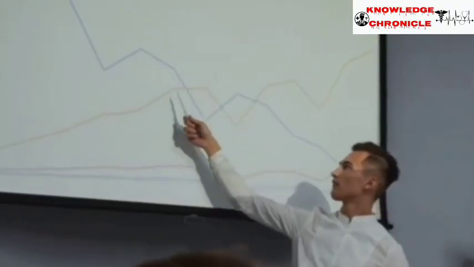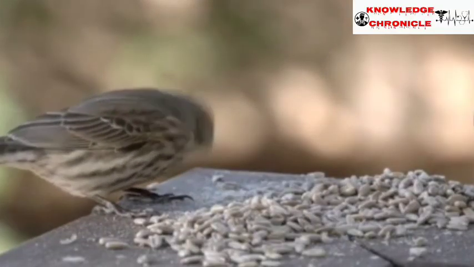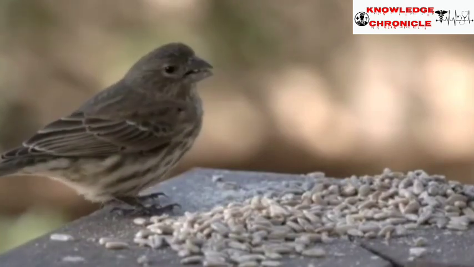Natural selection can lead to three possible outcomes in populations. First, stabilizing selection. Stabilizing selection favors average traits and eliminates extremes. An example of stabilizing selection is human birth weight. Babies that are too small or too large have higher mortality rates. It's the average-sized babies that tend to survive best.